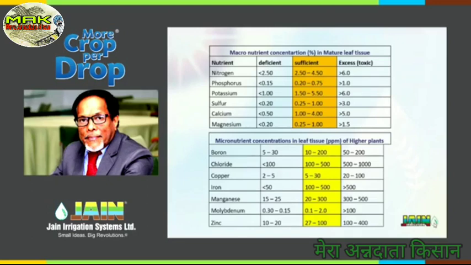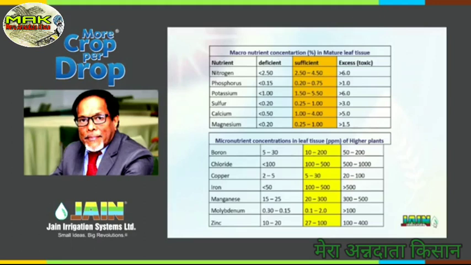Then we come to micronutrients. In fact, many people working in agriculture, and many farmers, sometimes don't even know that their crop requires micronutrients, because of the old pressure put onto the farmers to use NPK, NPK, and NPK, more of that. But there are certain elements needed in small amounts, so that's why they are listed in ppm in the slide, parts per million or milligram per liter. Boron, for example, 10 to 200 ppm, varying according to various crops. Chloride, 100 to 500. Copper, iron, 100 to 500. Manganese, molybdenum, very small quantity, 0.1 to 2 ppm.